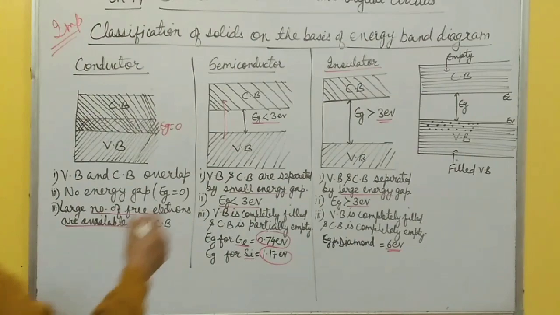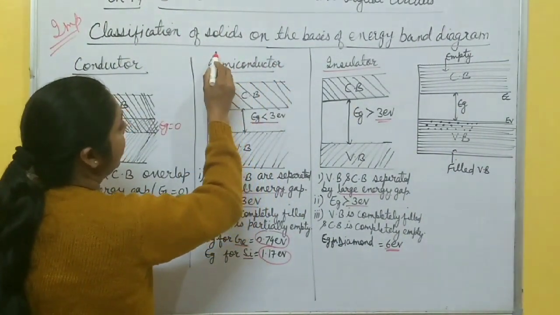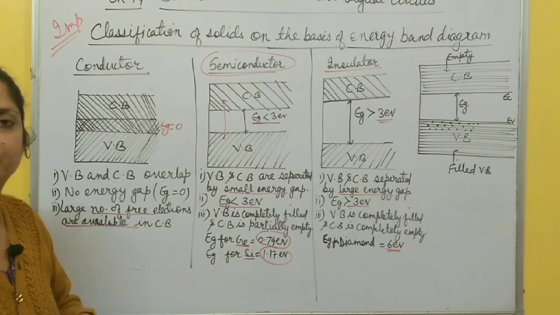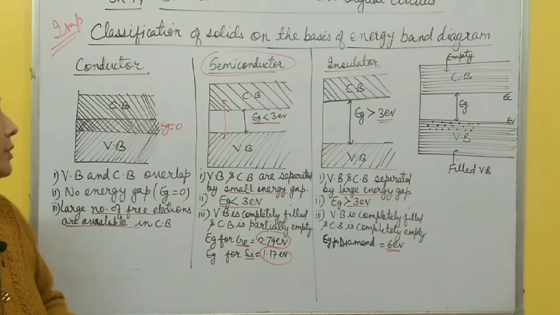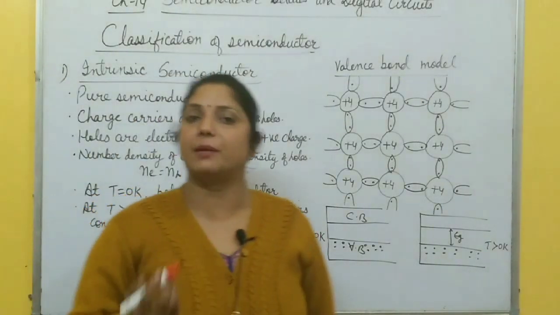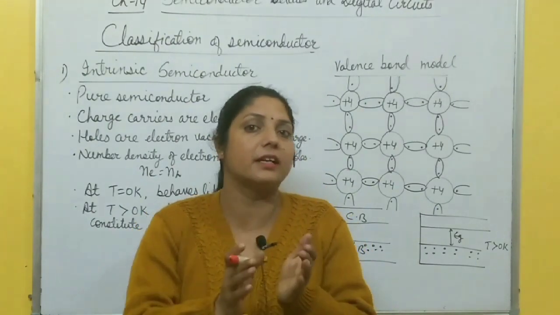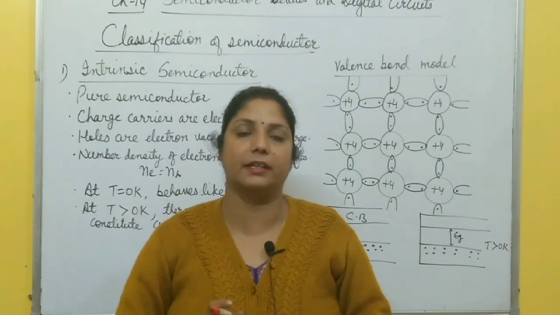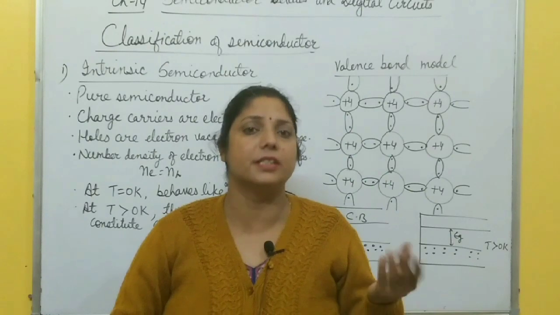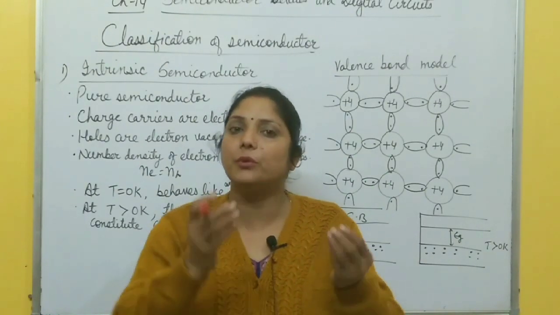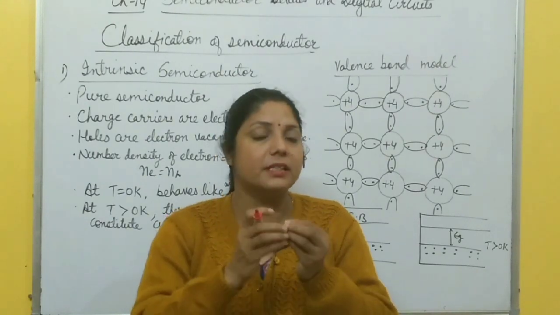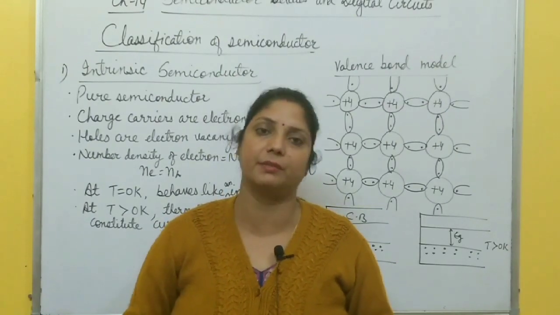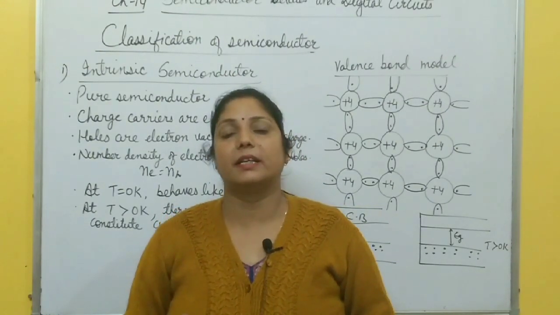Then we will move to the most important topic of this chapter, that is semiconductor. Our whole focus is on semiconductors. There are different types of semiconductor, and different types of conductivity. Now, classification of semiconductor. Semiconductors are classified into 2 types: one is elemental semiconductor, another is compound semiconductor. Examples of elemental semiconductor are germanium and silicon, and when 2 or more elements combine, that forms a compound semiconductor. We will discuss only elemental semiconductors, silicon and germanium.